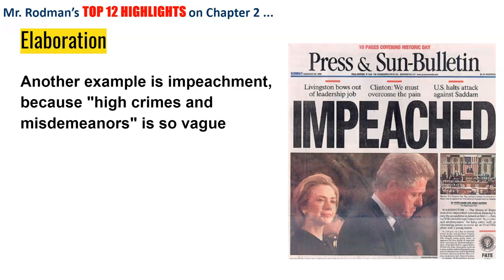And this elaboration continues into places like impeachment. What does it mean to say that you are being accused of high crimes and misdemeanors? This is very vague. And we even see senators, from one impeachment to another, from the Clinton impeachment to the Trump impeachment, very different in terms of their definitions and interpretations of high crimes and misdemeanors.